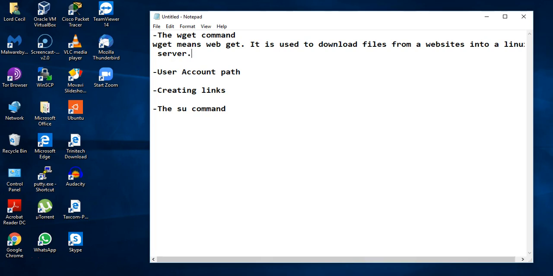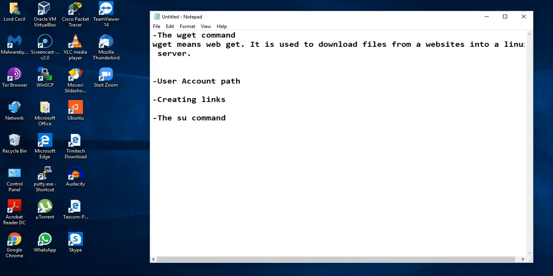And wget is written in this format. So we have the command wget, then the URL of the website or the file from whatever site you want to download from. For example,